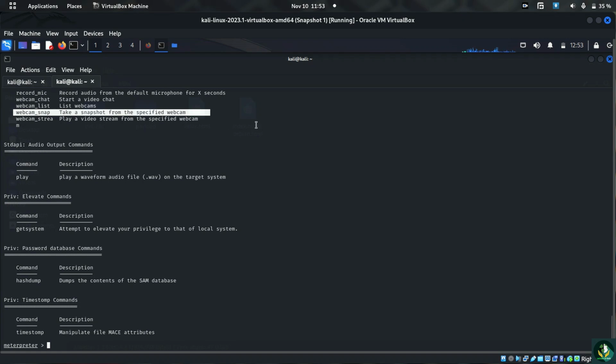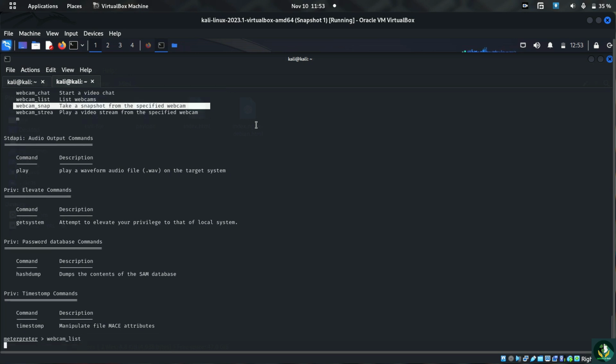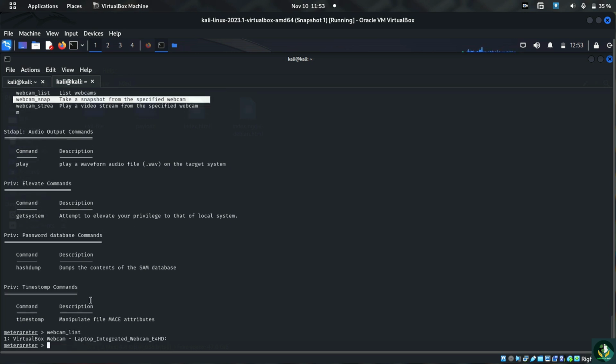But first of that, let's see if it has some webcam available or not. So I'm going to use webcam_list. Hit enter. As you see, it has a VirtualBox webcam, laptop integrated webcam, E4HD. Good. And I am going to take a picture right now. And let's webcam_snap. Now if I hit enter, it will take a picture, but let me turn on